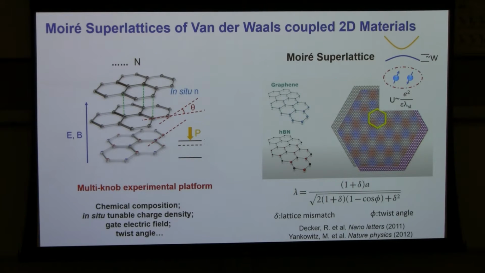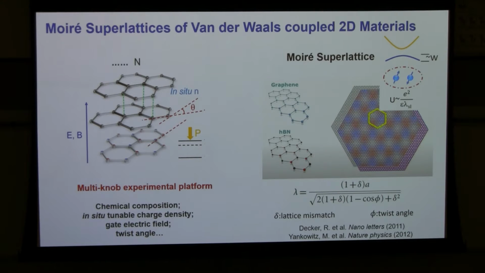So the general idea of Moiré is that you have two layers of material that have the same lattice structure, but they could be exactly the same, or they could have a slight lattice mismatch. In the most general setting, for example, if you have graphene and hBN, they have about 2% lattice mismatch, which means you put them on top of each other at a 0-degree twisting angle, you already get a spatial beating on the order of 15 nanometers, and that is a so-called Moiré superlattice.